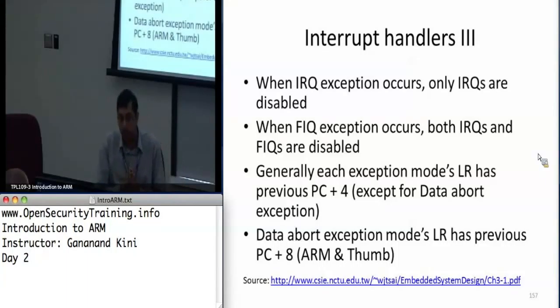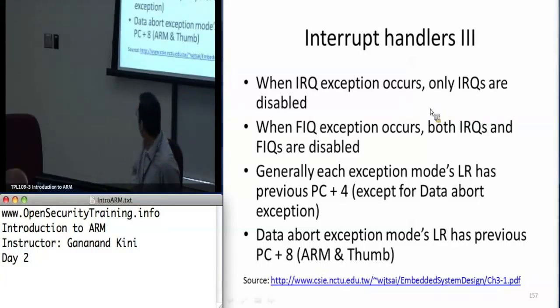So when an IRQ exception occurs, the IRQs are generally disabled. You can re-enable them. When an FIQ exception occurs, both IRQ and FIQ, so both those flags in the CPSR, are disabled. And each mode's link register is going to have the previous PC plus 4,